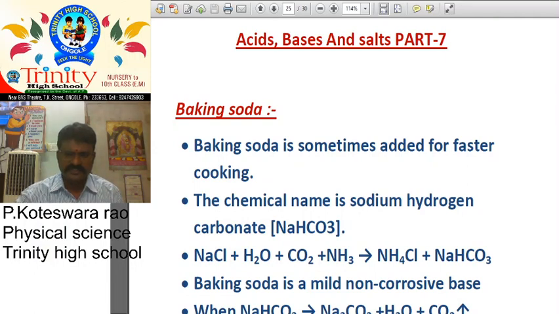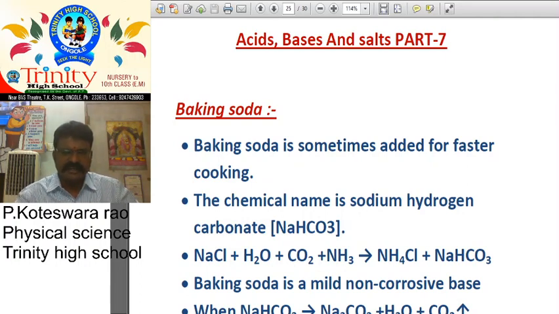Next NH3, here N, here N. So my dear students, this is the balanced chemical equation. Here NH3 takes in one H to form NH4, and it can take in Cl, NH4Cl. What about the remaining? Na, here H, here CO2 and O, NaHCO3. So it is a balanced chemical equation. When the total number of atoms on the LH side and RH side are equal, it is called a balanced chemical equation.